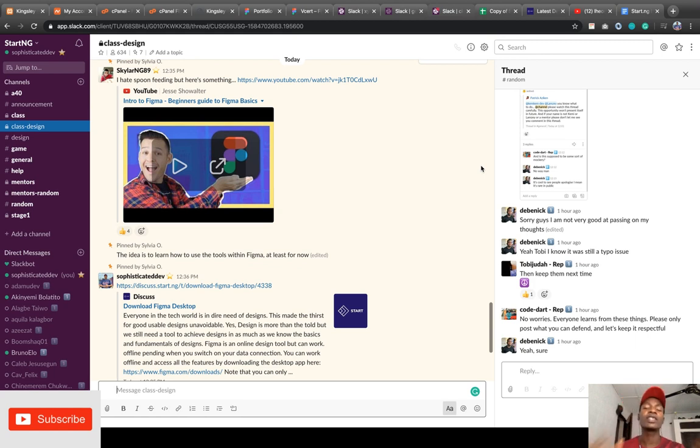Now, each of these phases is not standalone. They intertwine with each other. You may ideate and test. You may prototype and test. And after testing, you go back to either defining your problem or empathizing with your users again to find out whether what you've built is really for them. Then a UX designer does all these roles.